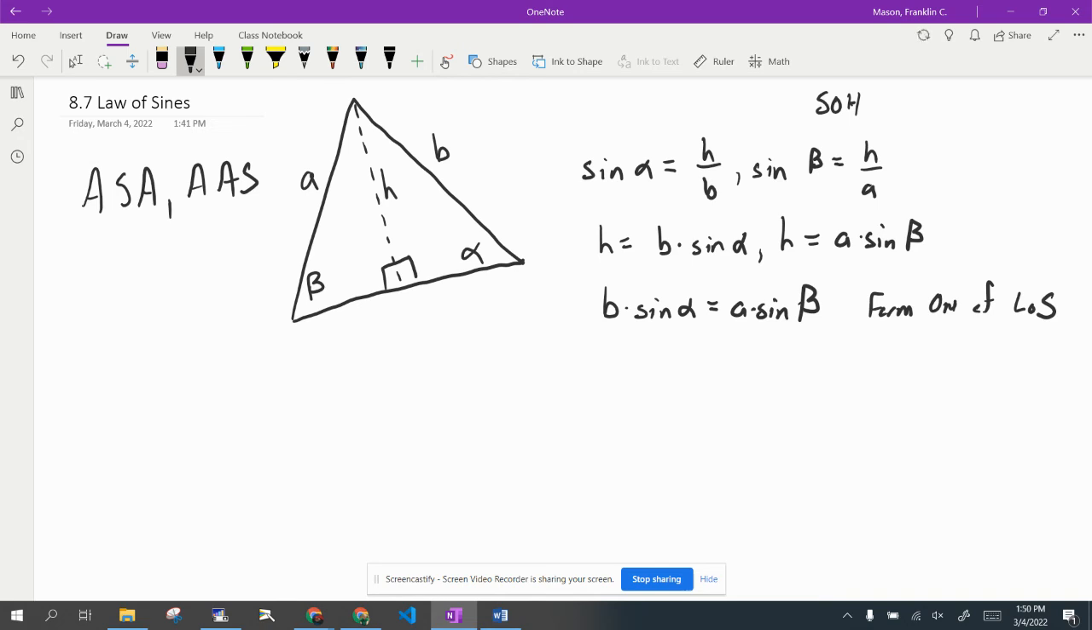However, let me transform it into its most common form. The way that it gets transformed is we do a little division. So let's divide both sides by b times the sine of beta. On the left-hand side, b over b becomes 1. On the right-hand side, sine beta over sine beta becomes 1. So what I get is that a over b is equal to sine of alpha over the sine of beta,